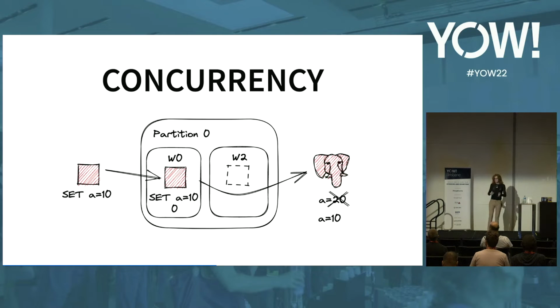Maybe this is acceptable, but we decided that we can't intuit what the customer wanted, so the best thing we could do in this strange situation was maintain the ordering guarantees that the customer provided to us. So we decided that this was not acceptable. We didn't want to process updates for the same row concurrently. We wanted to maintain the same ordering that the customer provided to us. And the way we did this,